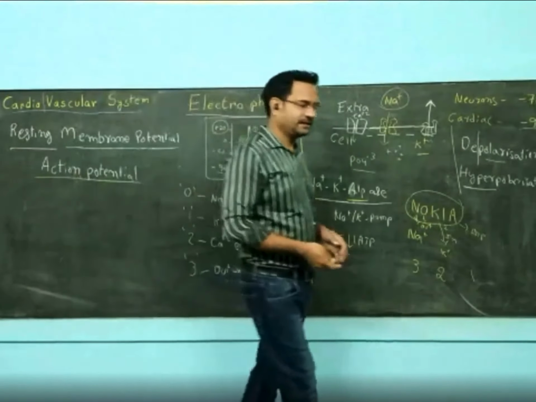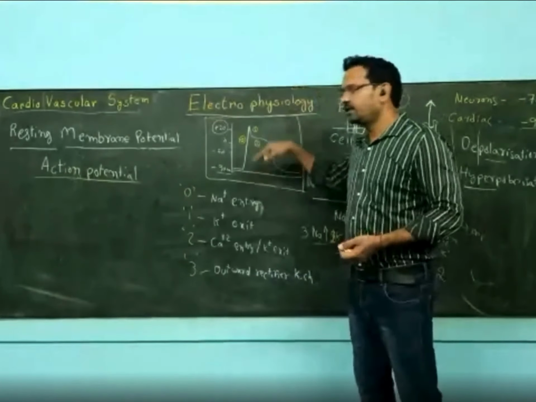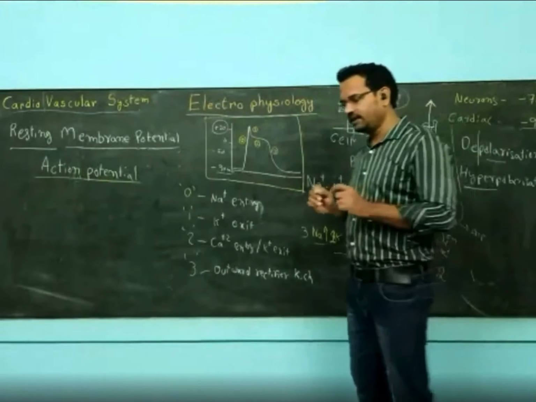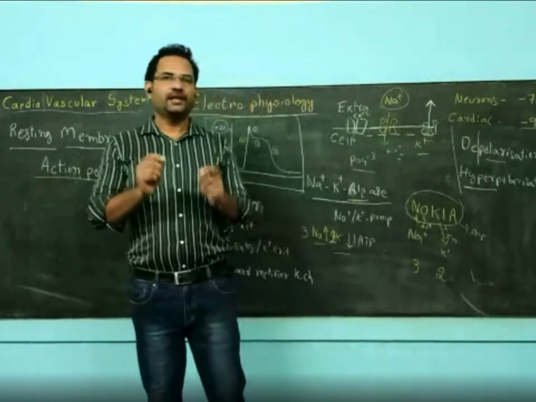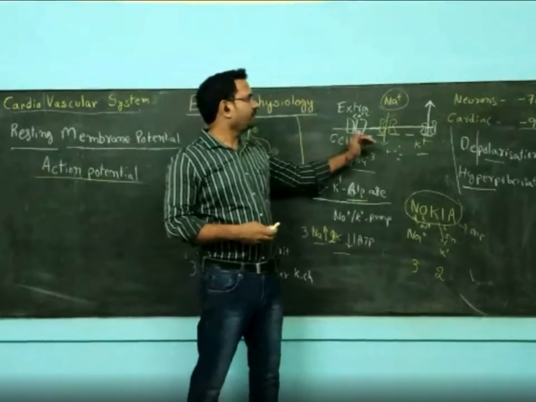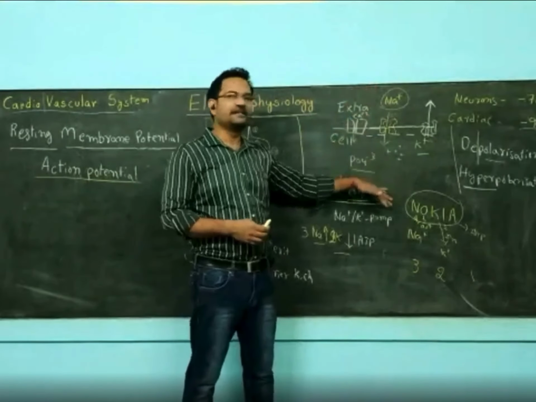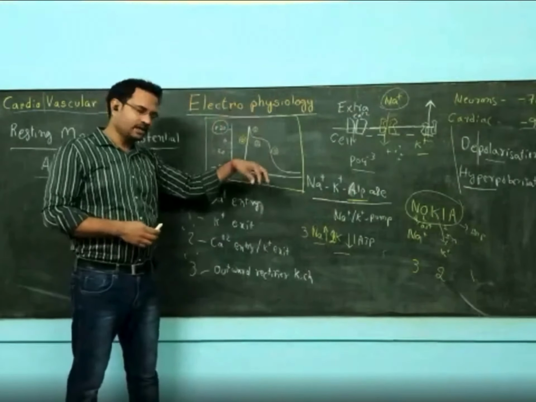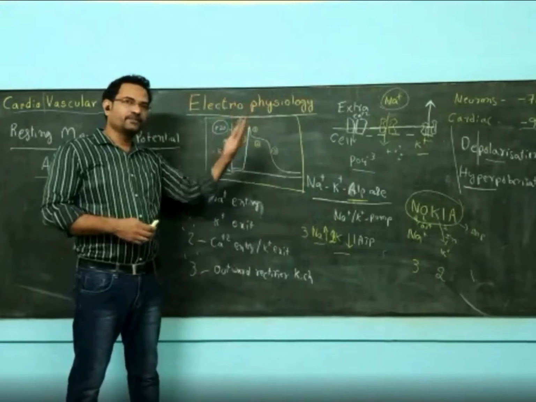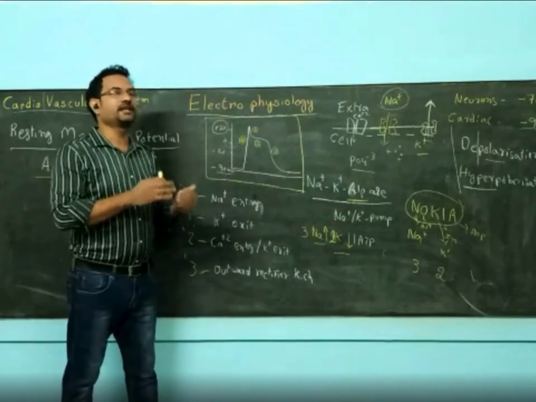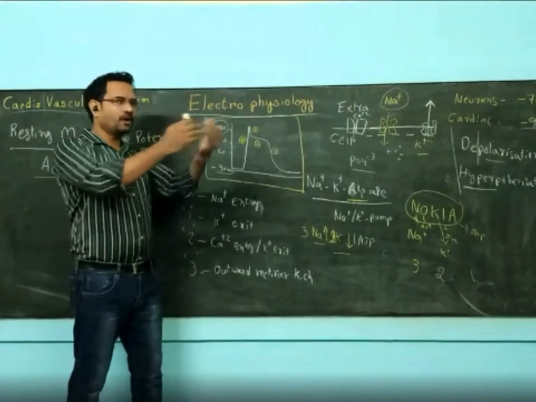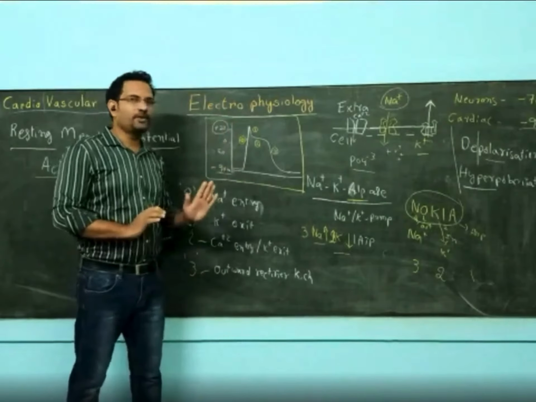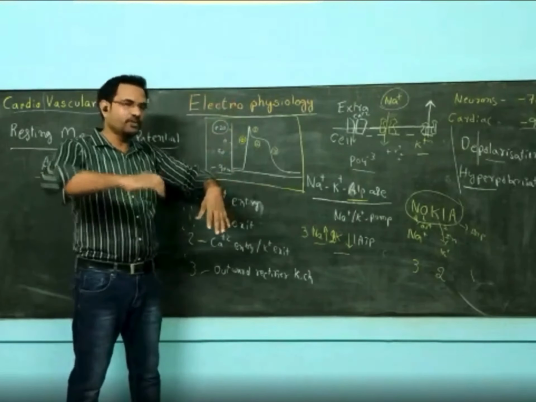Now see what has happened. Till now, the rapid rise and fall of depolarization has disturbed the ionic environment of the cell. Sodium is an extracellular ion, potassium is an intracellular ion. But with these changes, sodium came inside and potassium went outside. So there is a disturbance in ionic equilibrium. Sodium levels should be more outside the cell, and potassium levels should be more inside. But due to depolarization, sodium rushed inside the cell and potassium went outside.